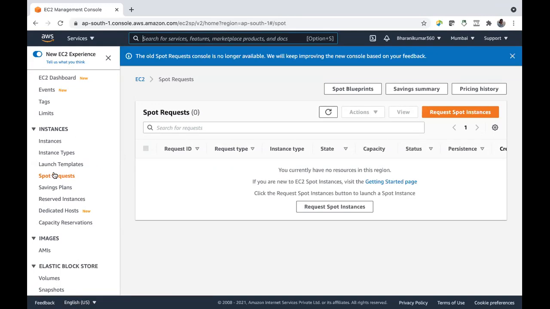AWS provides these spot instances for us on bid, based on your bid. And you don't know when they will stop these instances, and also they will give a very short notice period. Two minutes before, they will send you a mail and stop or terminate your instance. And then reserved instances.